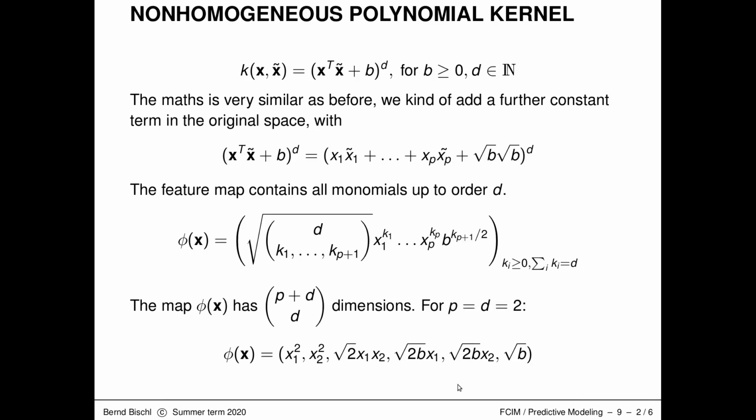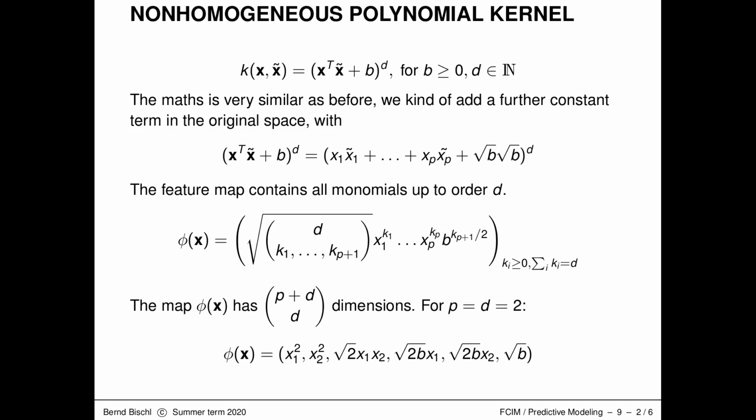And the generalization is this non-homogeneous polynomial kernel, which simply contains this plus b. This is also how I introduced the general polynomial kernel in some of the lecture units before. It's the more general form that's being used. The maths is very, very similar as before, with a very similar feature map. So the whole maths simply follows from a certain consideration,